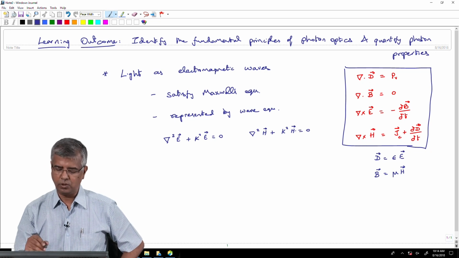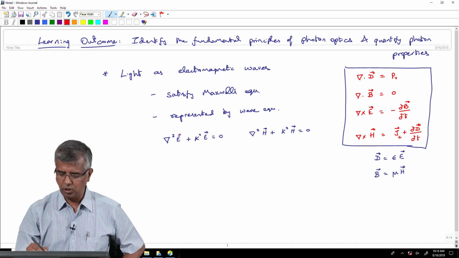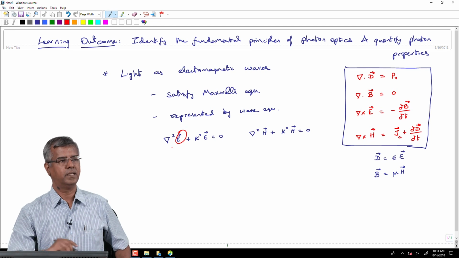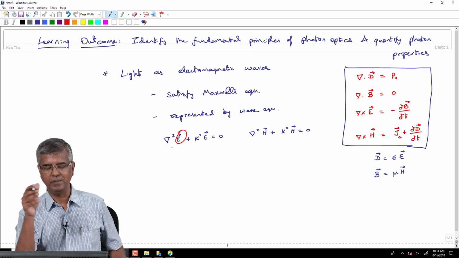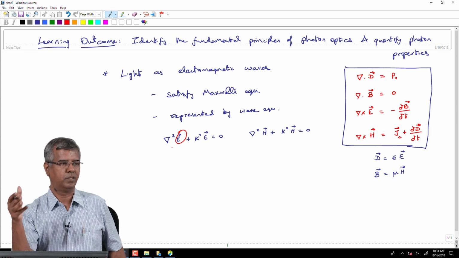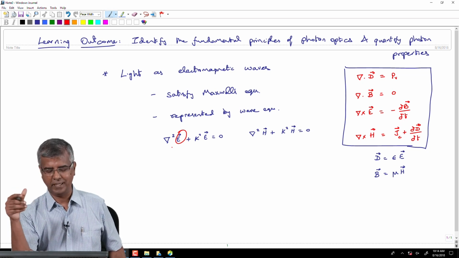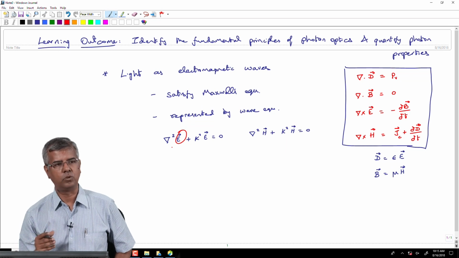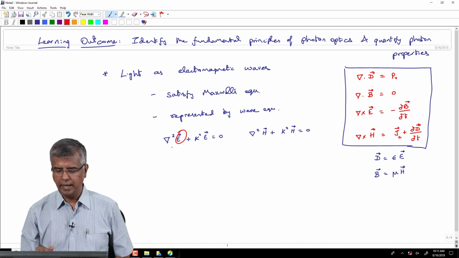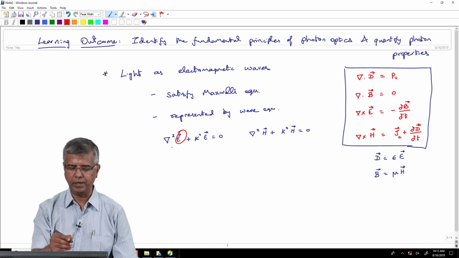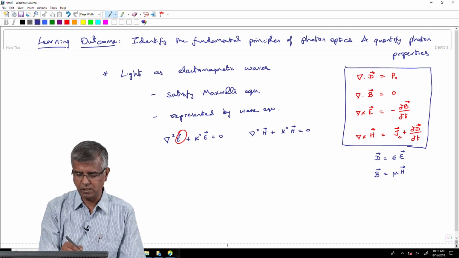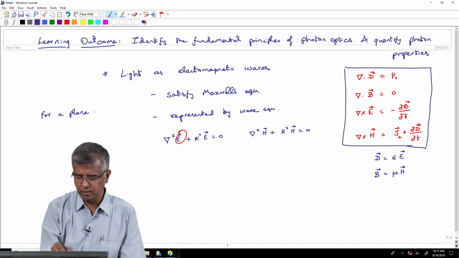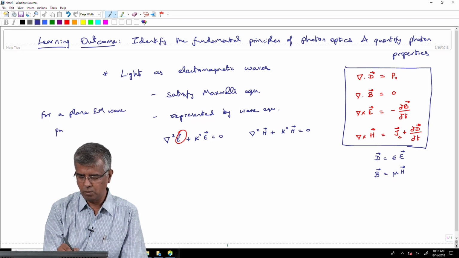So, what we understand from this now, of course, one of the things that we are starting to incorporate here is the fact that we are considering these electric and magnetic fields, which were previously represented by a certain wave having a certain amplitude and phase, but now we are talking about electric and magnetic fields, and there is a specific vector notation that I have used, which essentially says there could be a specific orientation for these electric and magnetic fields, and if we look at that more carefully, let us say for the case of a plane EM wave propagating in the positive z direction,